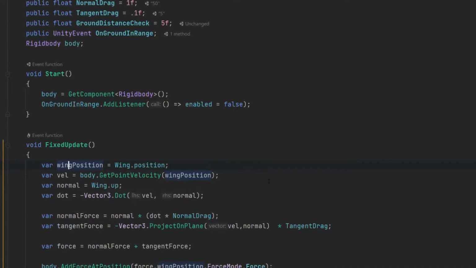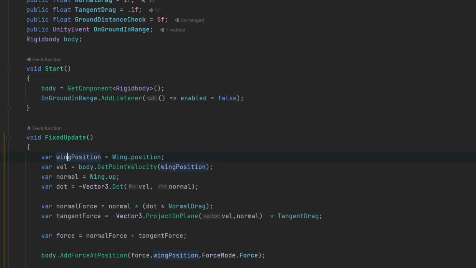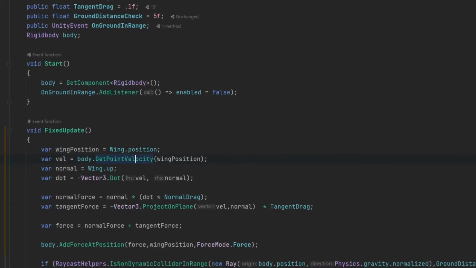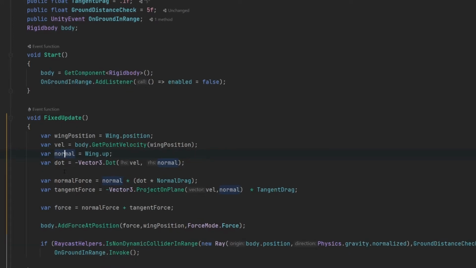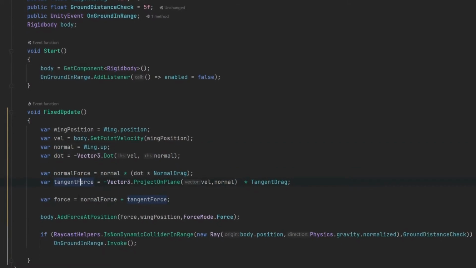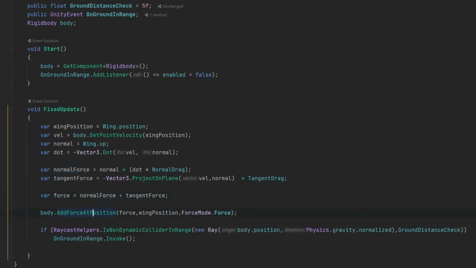Unity provides some convenient methods for getting velocity at certain points, and since we care particularly about the velocity of the chute itself, that's the point at which we get the velocity. After a bit of math magic, the calculated force is then applied to the location of the parachute. If you're making your own version, do make sure that the force comes before the position in this method. Learn from my fail. The final thing the script does is call some event once it detects that the ground